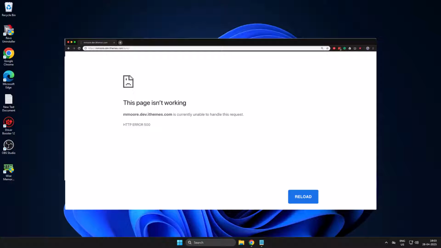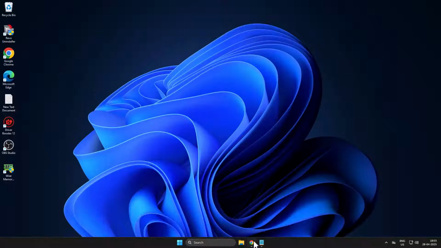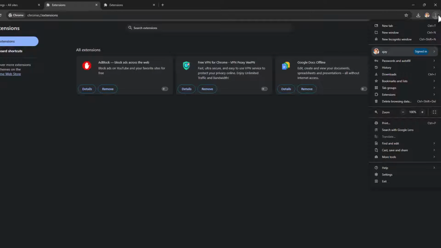Today we are going to see how to fix an HTTP error 500. Let's fix it, guys. Method 1: you just need to open up Chrome, click on the three dot icon and